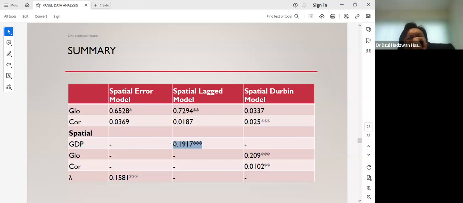Sorry, the spillover effect through GDP, right? Positive. The spillover is positive. Okay, and then the last one we used quite